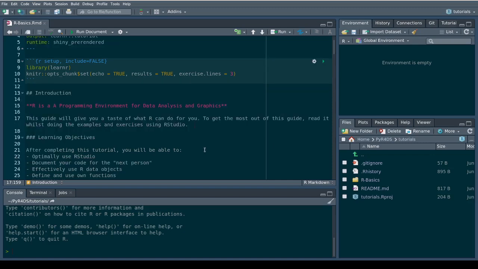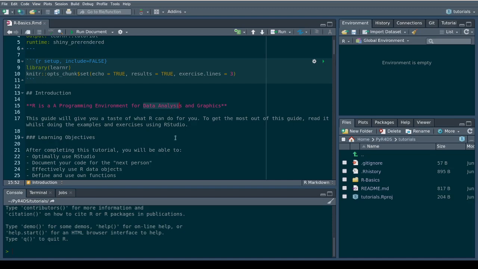So R is a programming environment for data analysis and graphics. This is very important. R was developed with data analysis in mind and visualization of that data set. And I think this will be very important when we bring Python into play, because Python was developed for general purpose use, but R was developed particularly for data analysis and visualization, that is for data science.